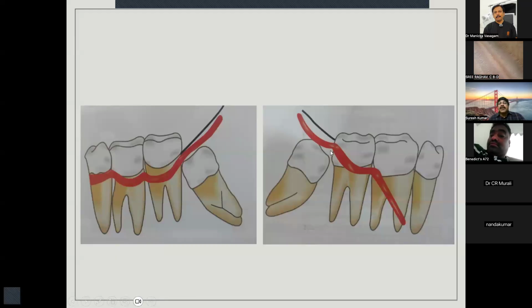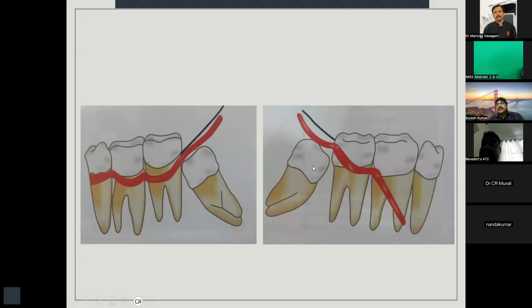Here again we have made an incision distobuccally, then we have gone through the gingival sulcus of the first molar. We have made a vertical releasing incision that is mesial to the second molar. The same releasing incision can also be made here, that is mesial to the third molar. If you make this incision mesial to the third molar, you call it a Ward's incision. But if you extend it to the mesial aspect of the second molar and then release it, it's called a modified Ward's incision. So what is the difference?